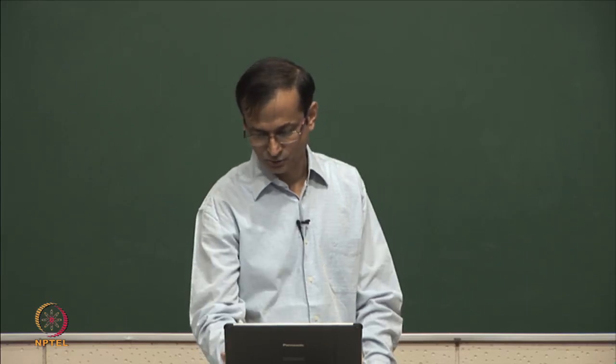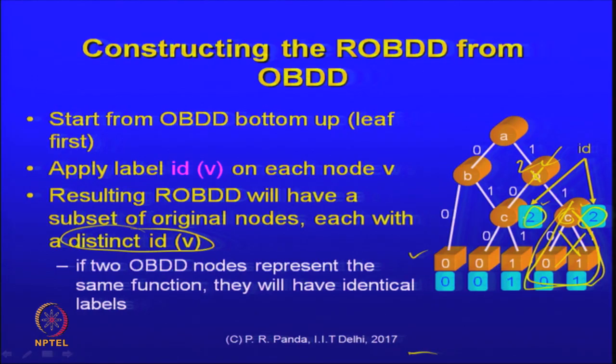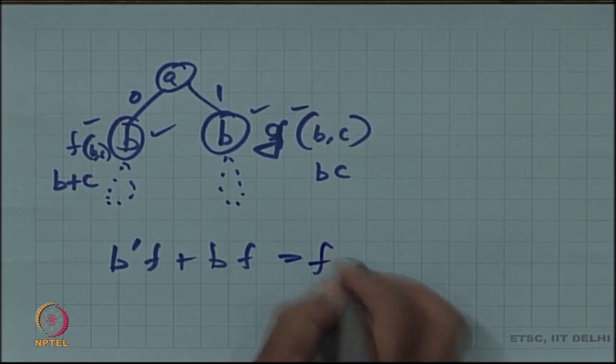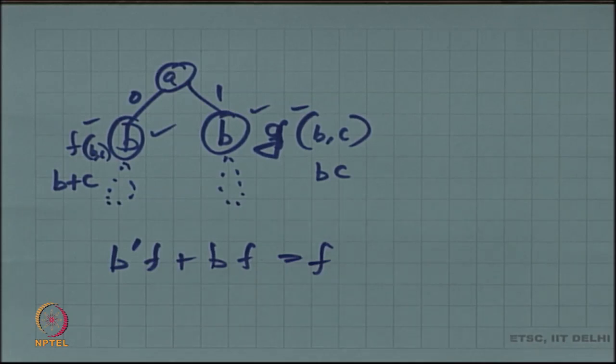So, I should apply 2 here, because the value of that function is this Boolean function associated with label 2, irrespective of whether b is 0 or 1, right. So, it is the same Boolean function that should be propagated to the parent, because what you have is b prime times whatever that function is plus b times that same function, right. So, this is nothing but f. So, I should propagate that same